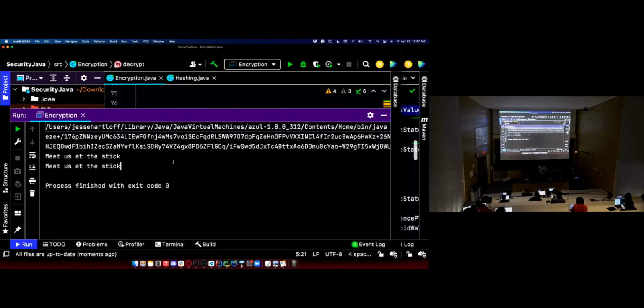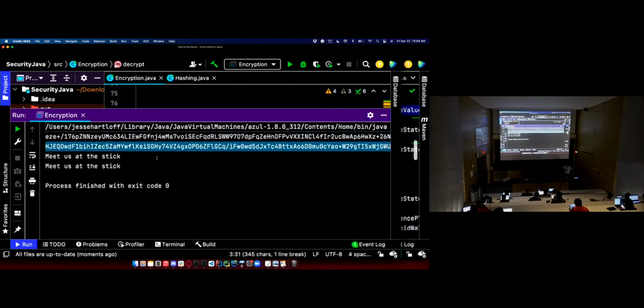So even if I had 1 bit of entropy in my message, just a yes or no answer, 1 bit, the crypto text is going to be significantly different because we're adding different padding each time. We're taking that information, that meet us at the stick string, adding a whole bunch of random garbage to the end of it, encrypting that, and then during decryption, we just throw away all the random garbage. But now we eliminate those brute force attacks because you have to guess all that random garbage, and we prevent another attack